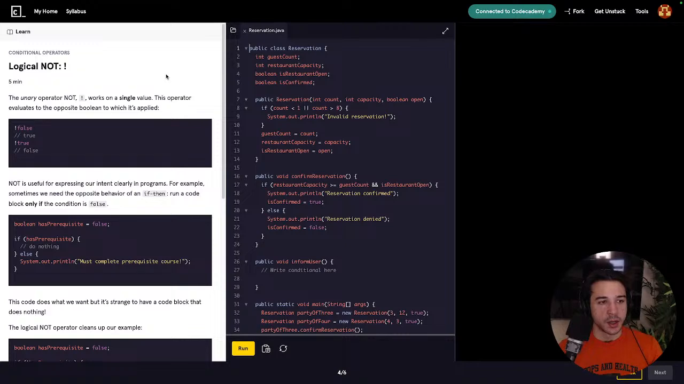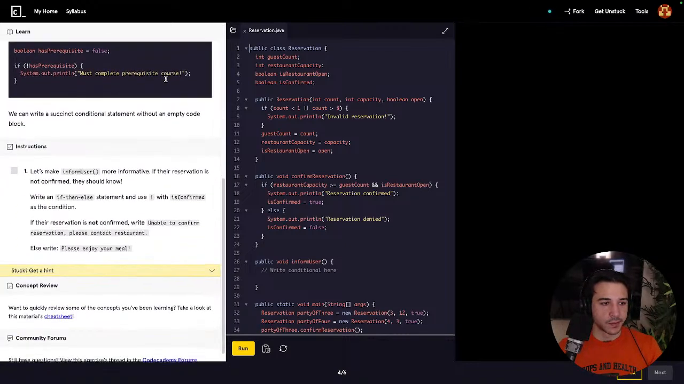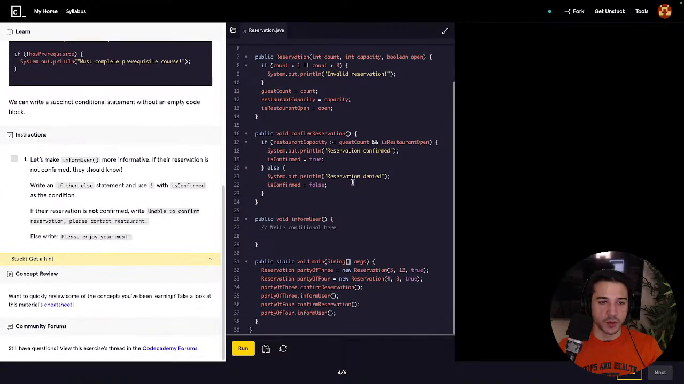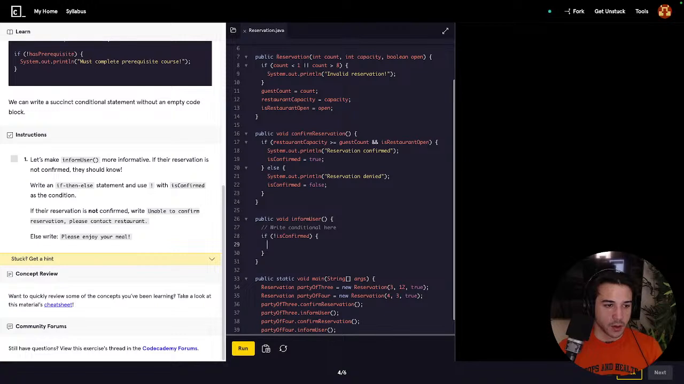logical not. So let's make inform user more informative. If their reservation is not confirmed, they should know. Write an if then else statement and use not is confirmed. If the reservation is not confirmed, write